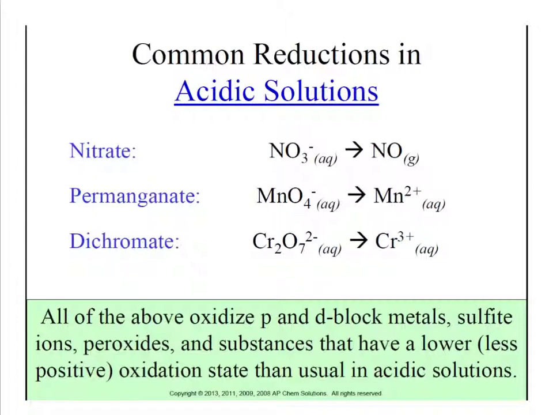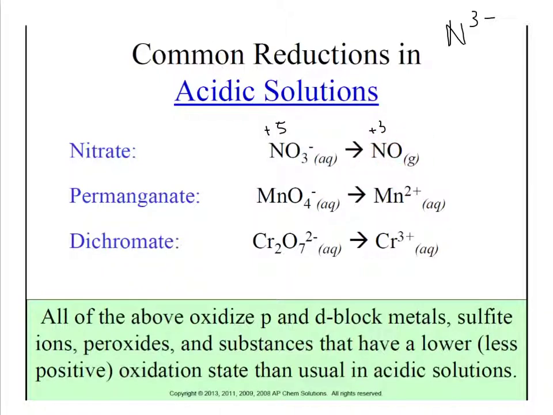So nitrate, if you think of nitrogen, in this case, it's got a +5, and it's going down to a +3. So nitrogen, which is normally a -3, if you look at it on the periodic table, if it forms an anion, it wants to be in a fairly low oxidation state. So if it's sitting at something like +5, it's not going to be happy there. It really, really wants to gain electrons. And so if you're given a reaction that involves nitrate in an acidic solution, you should know then that it